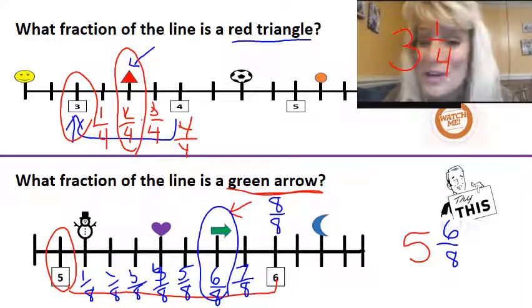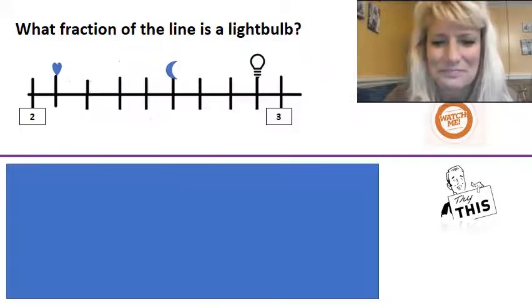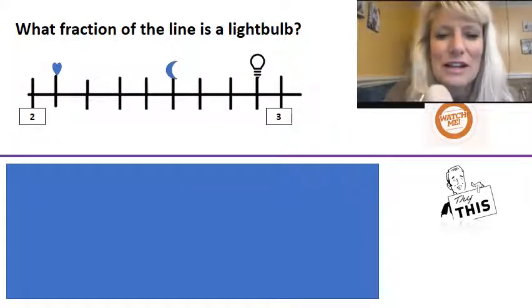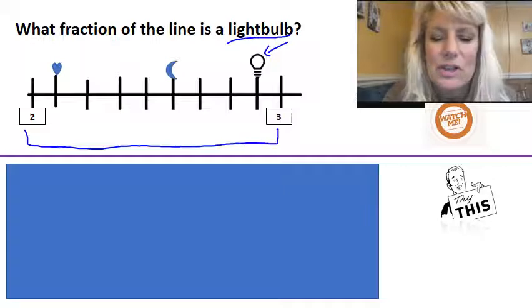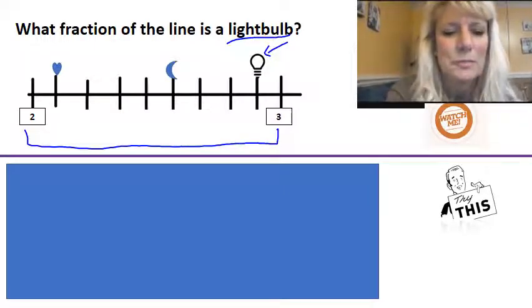How did you do? Did you get 5 and 6/8? I hope so. Let's try another one. This is a watch me. All right, what fraction of the line is a light bulb? So I'm looking for right here. All right, I need to go in between here to figure out how many parts my line has been divided into. So 1,